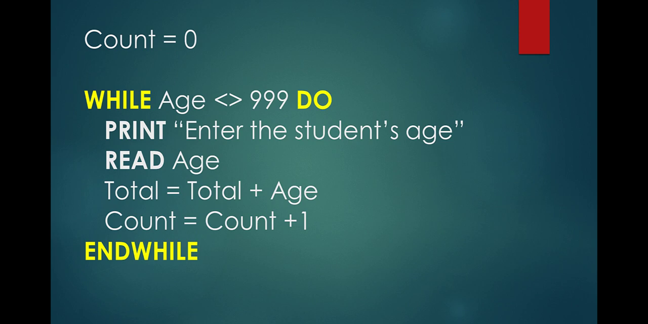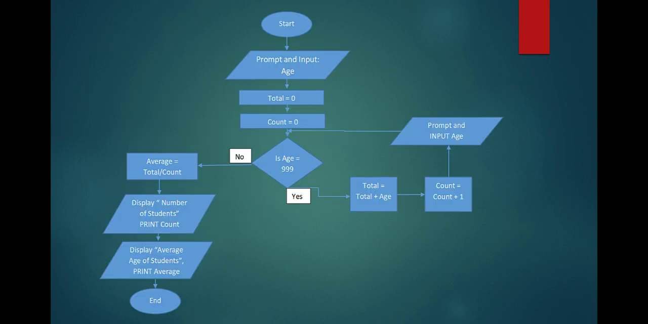So every time the loop iterates, 1 is added to the counter. So let's take a look at how we would express that in a flowchart. So as you can see with that solution, with the flowchart,